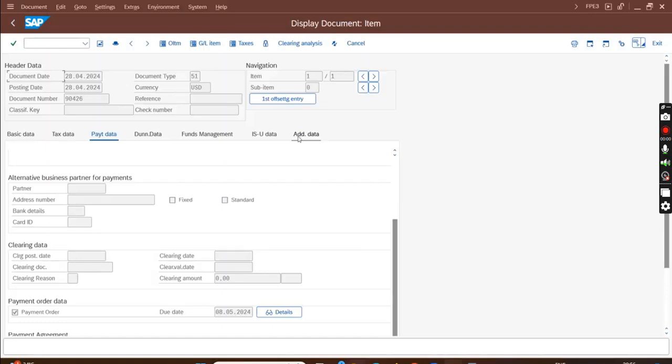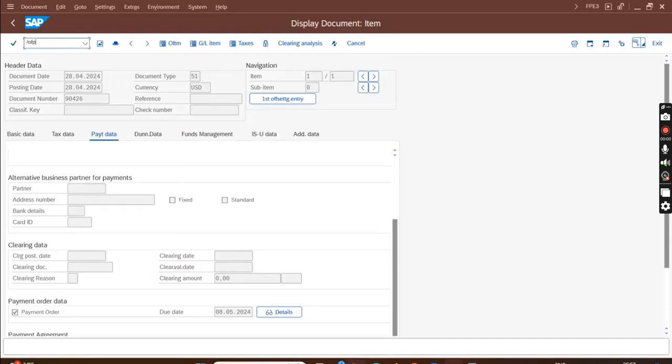I mean, I will send the payment medium. Okay, same way, the way I used to send, I will send the payment medium. From the payment medium, the bank will try to collect. Now, if the bank collects the money, I will post the payment order. Or if the bank doesn't collect the money, then I will delete the payment order. Okay, so